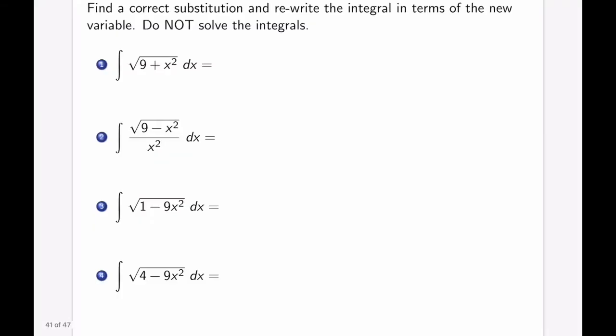So in my first case here, and for the first few integrals, it might actually help to, first of all, write out that this number, 9, is actually 3 squared plus x squared. And then it's easier to match to see that this is going to be my a squared, this is going to be my x squared, and therefore the substitution suggested by the table is going to be 3 tangent of